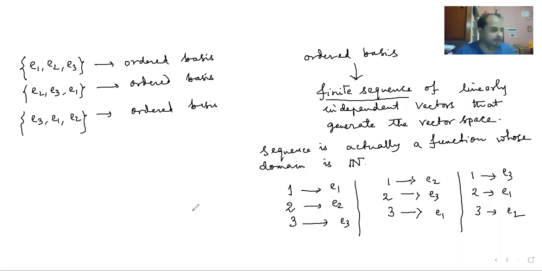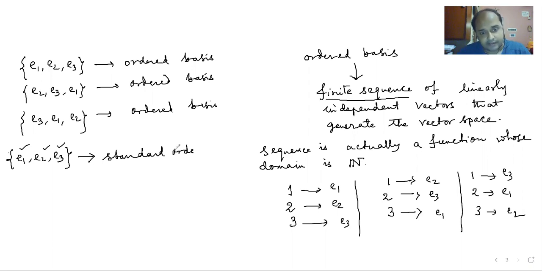So that has been written over here. Also you have to know this term: out of them, if I consider a basis like this, E1, E2, E3, where the counting is the way by which we count the natural numbers, so 1 comes first, then 2 comes second, then 3 comes third, then out of all these ordered bases, the usual way of counting, that basis is called the standard ordered basis. Why is it called the standard ordered basis? Because this is the standard way of